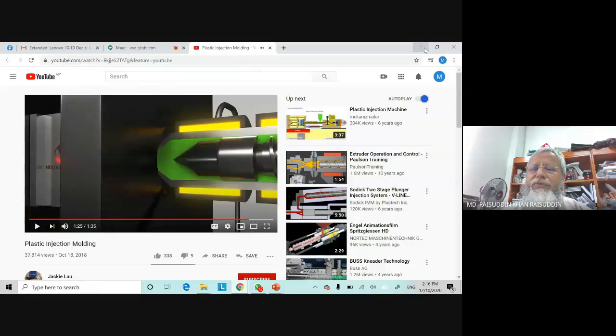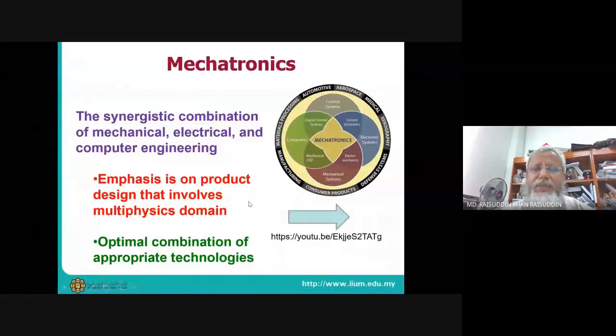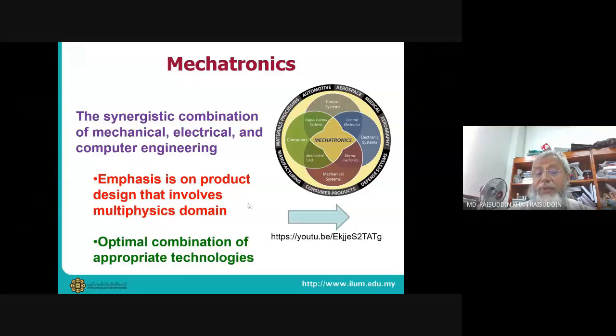So from this video, we can see the product, which is the injection molding machine. Here, the plastic pellets are being molten, so we need to apply heat. It becomes a liquid, and then we transfer it with a mechanical system. It goes to a molding box where we cool it again to solidify. Then, with sequential operation, we remove it and we repeat the cycle.